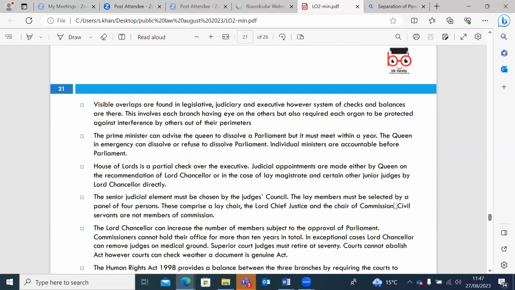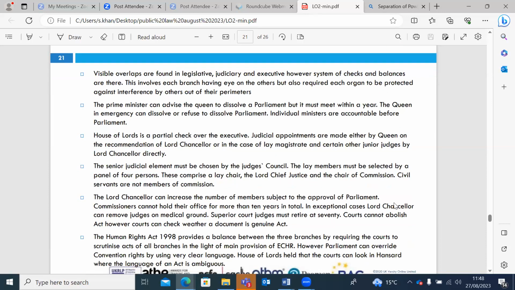Visible overlaps are found in the legislative, judiciary, and executive. However, the systems of checks and balances are there. This involves each branch having an eye on the other, but also requires each organ to be protected against interference by others outside their parameters. The Prime Minister can advise the Queen to dissolve Parliament, but it must meet within a year. The Queen in an emergency can dissolve or refuse to dissolve Parliament. Individual ministers are accountable before Parliament. House of Lords is a partial